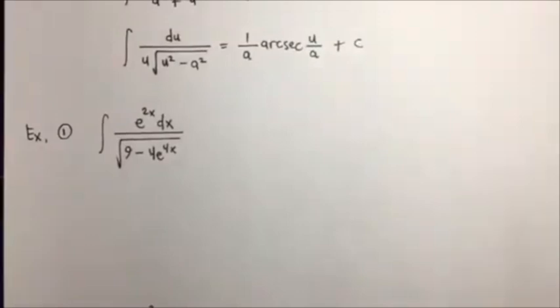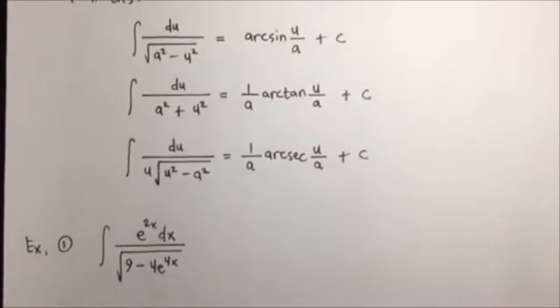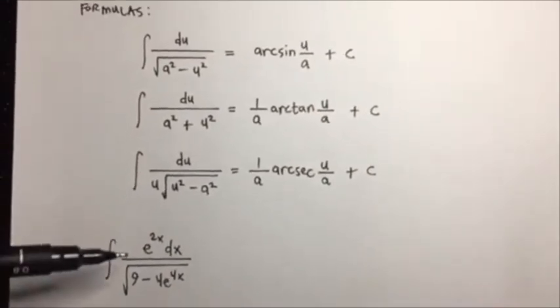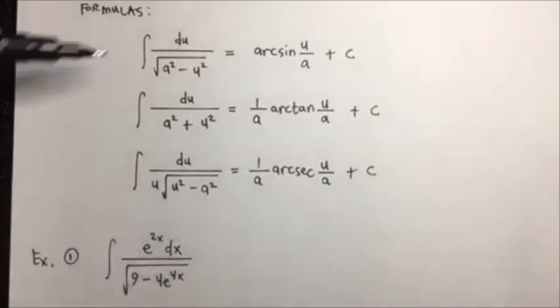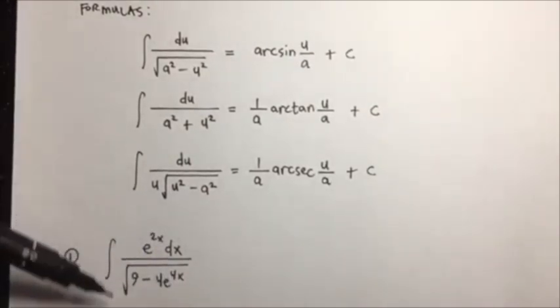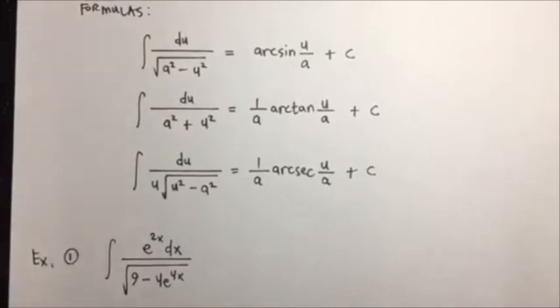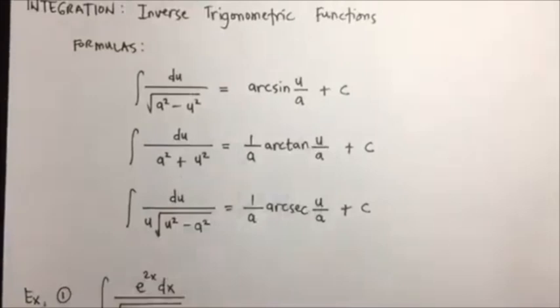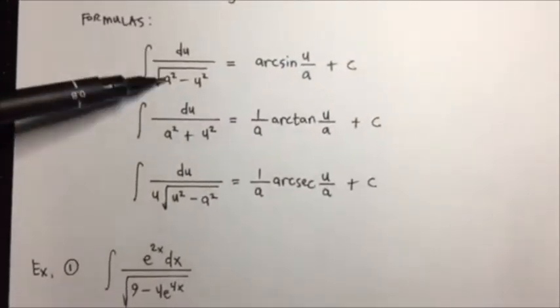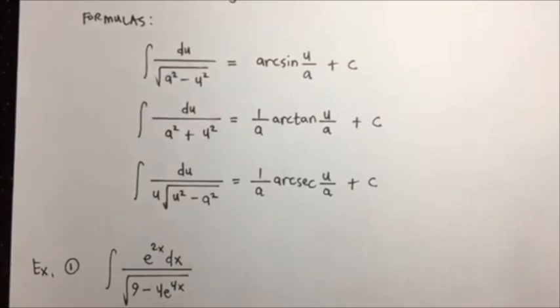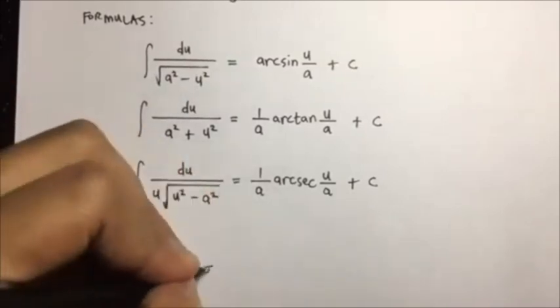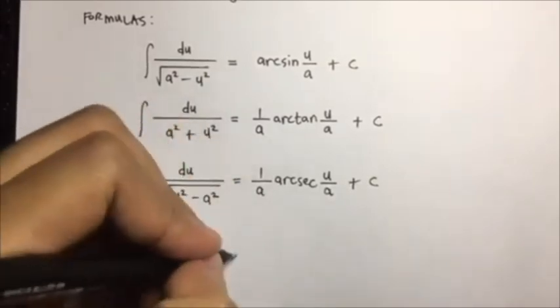So example number 1, find the integral of e raised to 2x dx all over square root of 9 minus 4 e raised to 4x. In this problem, this looks similar to the first formula, right? So let's try using arc sine for this problem. But first let's express it in the form a squared and u squared so that we can find our a and our u. So this is equal to the integral of